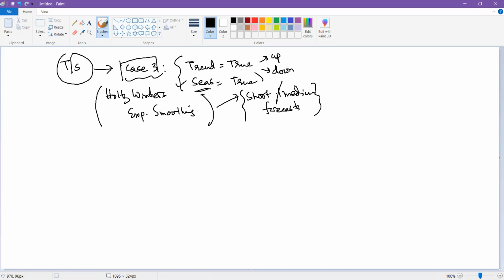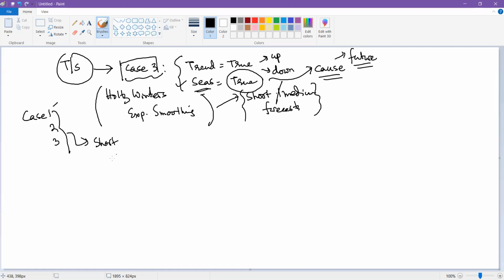Because I still don't know what is the nature of the seasonality or what is causing the seasonality. I don't know the root cause. That root cause might change also in future, right? And that's the reason why I cannot be 100% sure as to what I can do in case of long term. So you see, in all of these cases, case one, case two, case three, I'm only limited. In case one, it is only limited to short. And in case two and case three, I'm able to do somehow short plus medium term. Other than that, I'm really not able to do anything else at all.